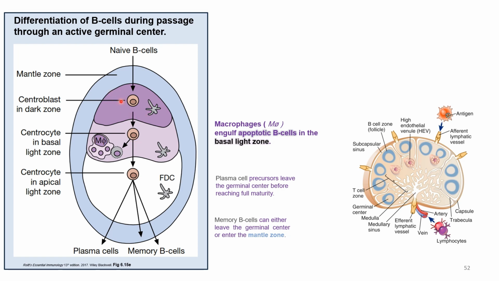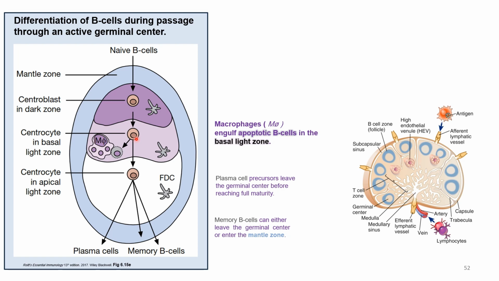One more thing that's happening in the dark zone is that there's a little bit of variation taking place. Somatic mutations occur in the B cell receptor within these centroblasts, and that produces a spectrum of B cell receptors. Some of them will have high affinity and some of them will have lower affinity. Once these B cells enter the light zone, they're called centrocytes, and here they get tested by T helper cells